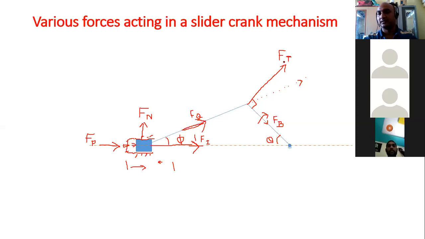Ft, right? Okay, so we have now seen that this FQ, which was a part of FP, is again divided into two parts, that is FT and FB. If you see, this angle is theta and this angle is phi. Now this is 90 degree. This means 90 degree. Action force.